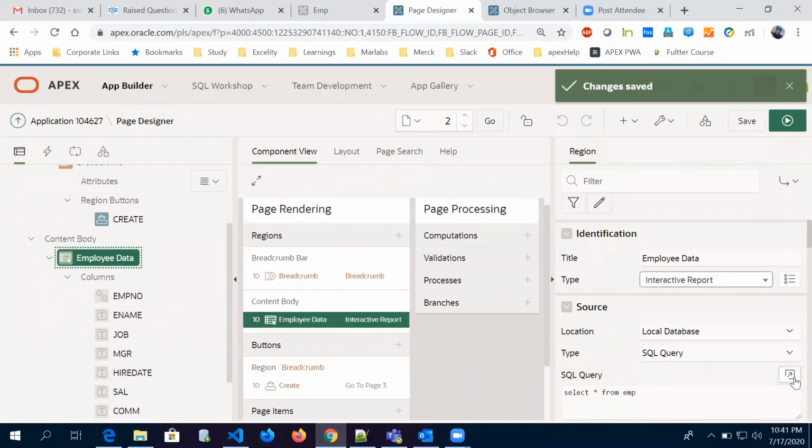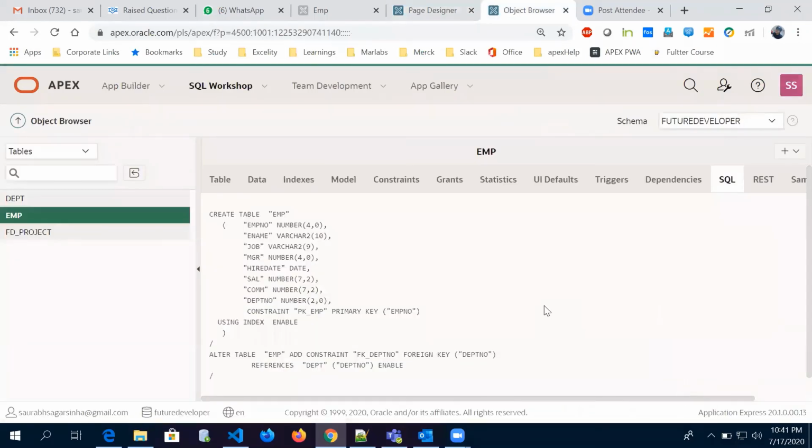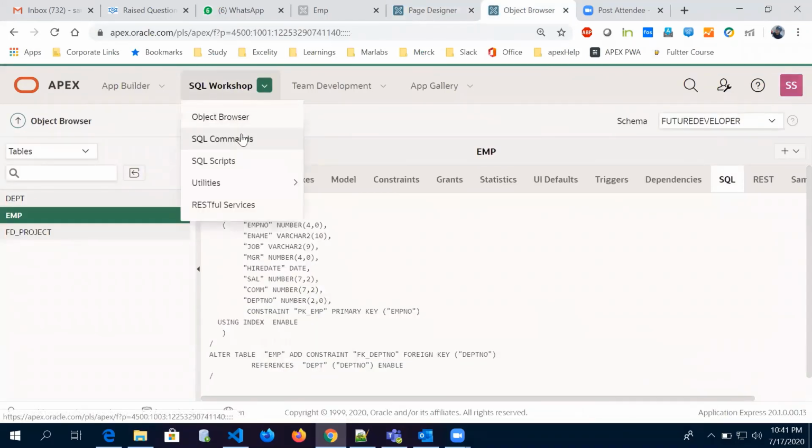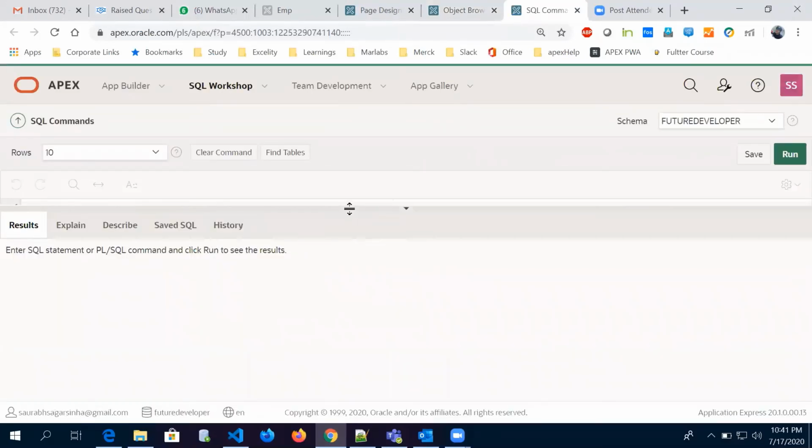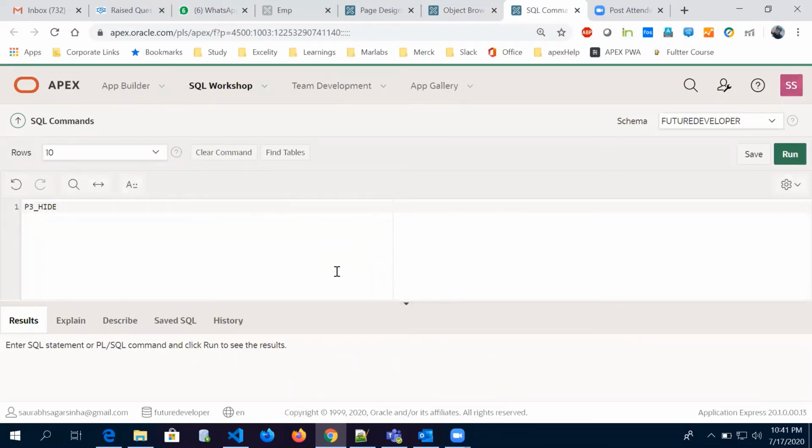Yeah. So what you can do, you can create... I'll show you in the workshop what I've done. You can do that, but I don't want to disturb existing things, so I'm just going to explain here. You have written a select query to show the report, right? Yes. You have written this thing, EMP. Okay. EMP, yeah.